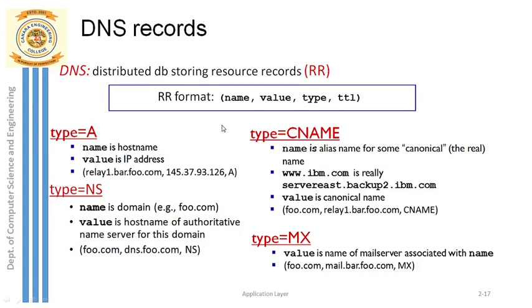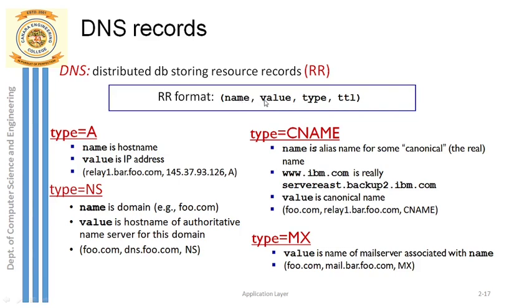And what should be the second field here? See, the second field is value. It is nothing but the IP address of this host name, whatever we have provided. If it is google.com, this would be the IP address of the web server which actually belongs to Google. So web server which belongs to Google, from where the web page of Google will be extracted and supplied to your system. Correct? So this value indicates the IP address of this host if it is google.com. So IP address of web server, Google server.